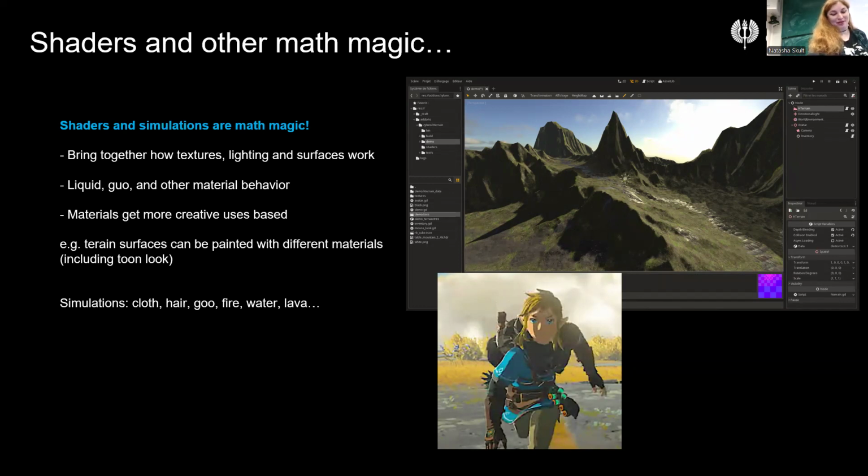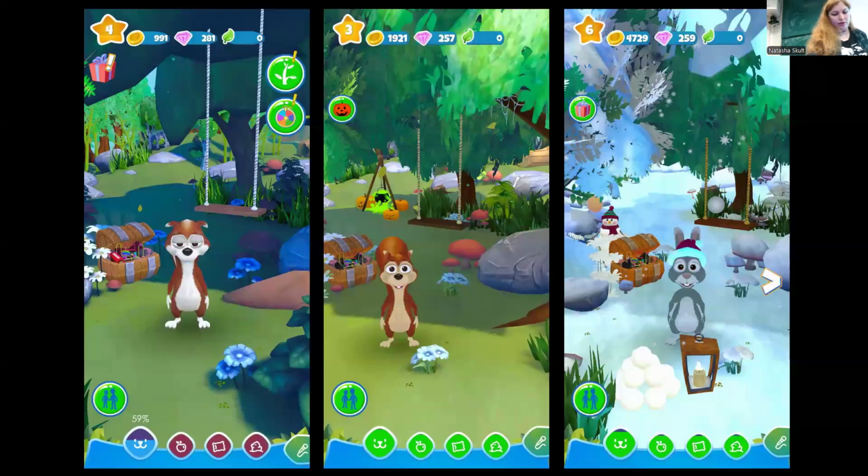All clear, huh? Okay. So now, here's a very simple example of what we did in one of the mobile games we made. Mobile is especially problematic because of optimization, especially when you have 3D models.